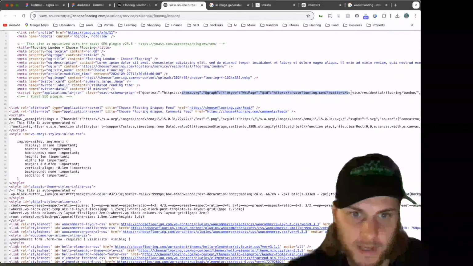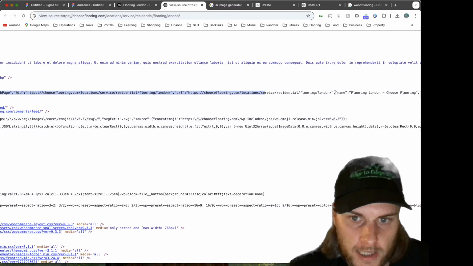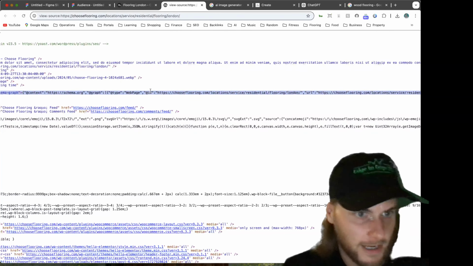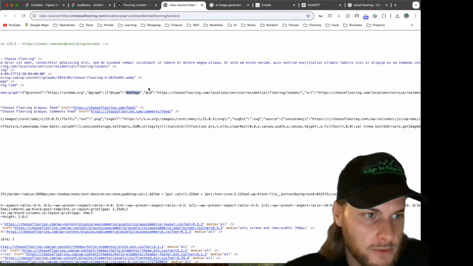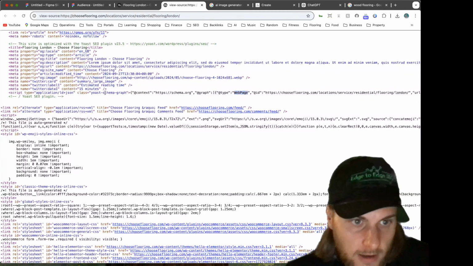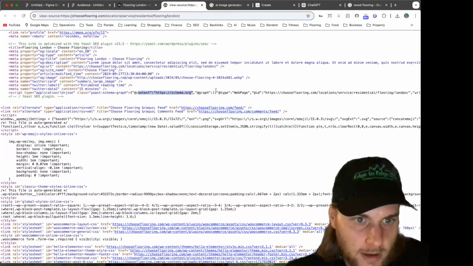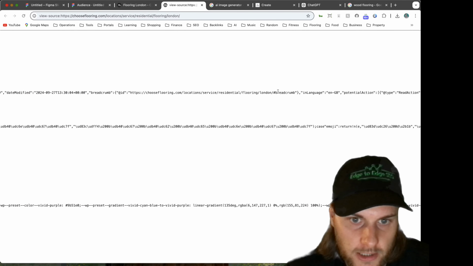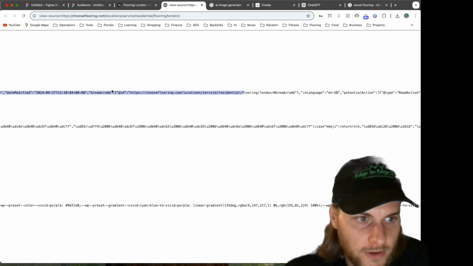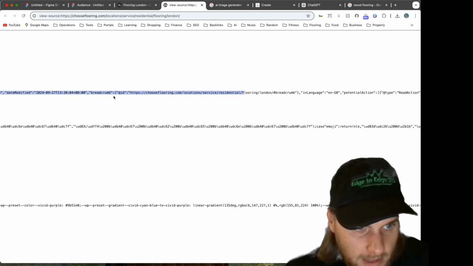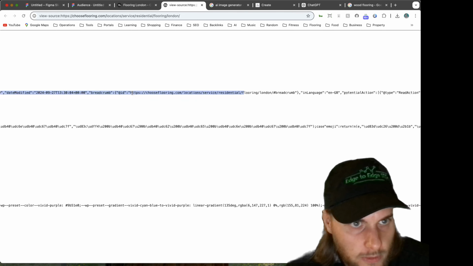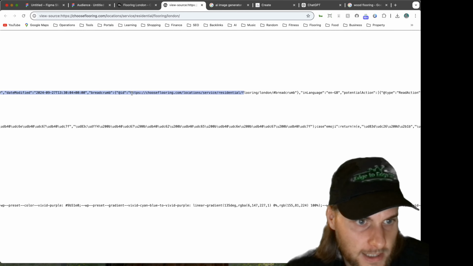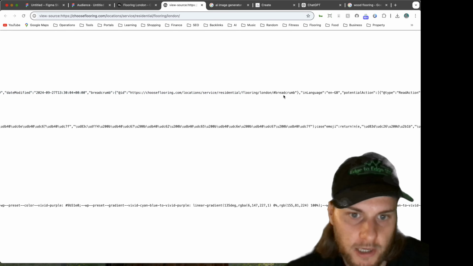Now this schema here has only been done by a very basic plugin called Yoast SEO, and most companies have Yoast or an equivalent plugin installed, and they will do schema automatically as part of the plugin. But the schema is very, very basic. This is not going to be the schema that helps you get to the top of the search results, because if all it takes to create this schema is to put a plugin onto your website and press go, every other company around the country and world can do exactly the same thing in exactly the same amount of time. So this does not give you the edge over your competitors.